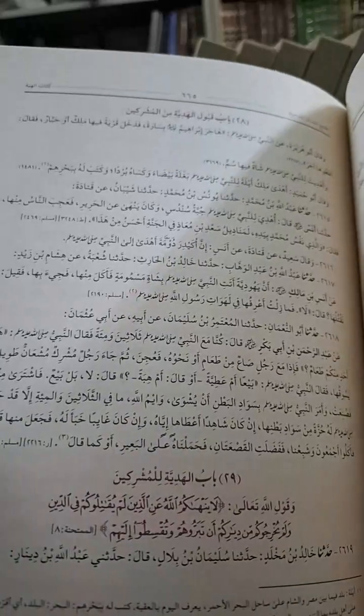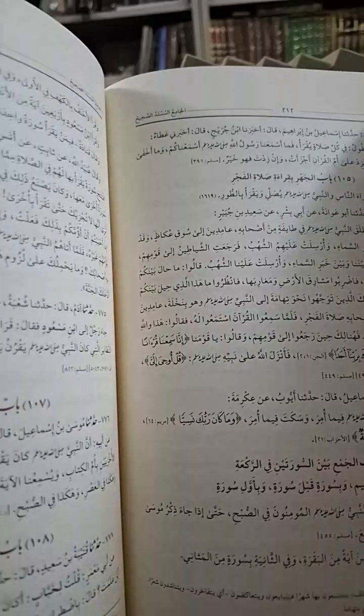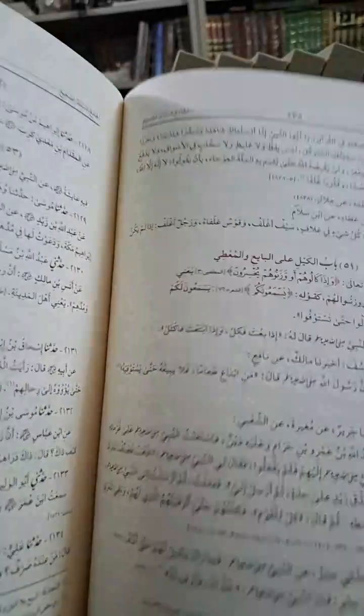Although we have not mentioned the differences of the nusakh and riwayat in this light edition, this light edition is 2000 pages, each volume is 1000 pages, but nevertheless we have mentioned some differences which are very important, because there is a mistake in Abul Waqt's nuskha, or there is a hadith which he omitted and it's found in other riwayat, or there is some explanation of Imam al-Bukhari rahimahullah pertaining to the meanings of the words of the hadith. So all these things which are not found,